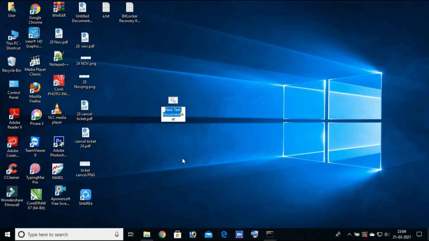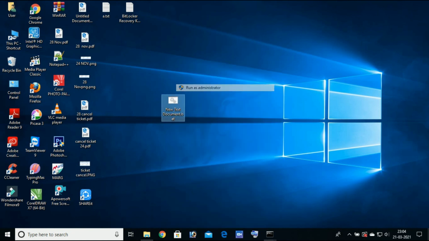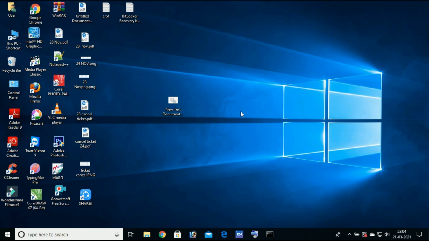You can see bat, and save. And whenever you want to lock your drive, right click on this file, run as administrator, yes, and it automatically locks. So no need to type again and again in cmd. You can use these methods.